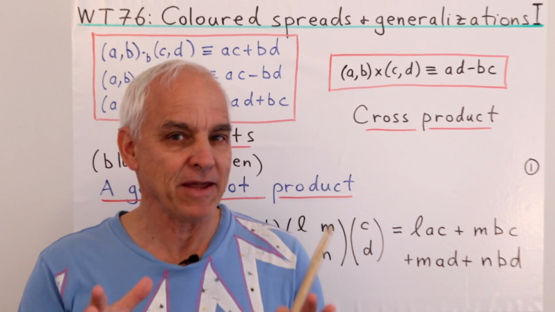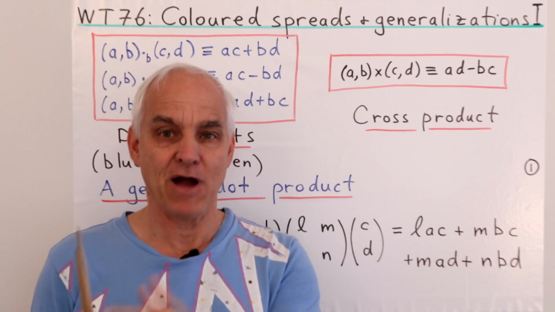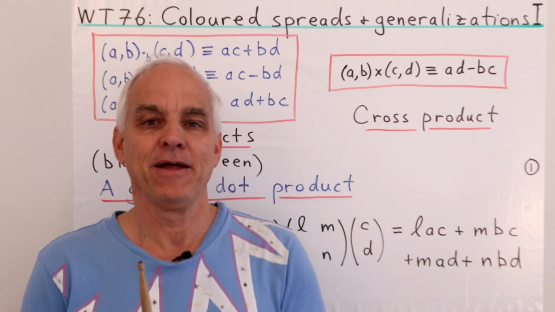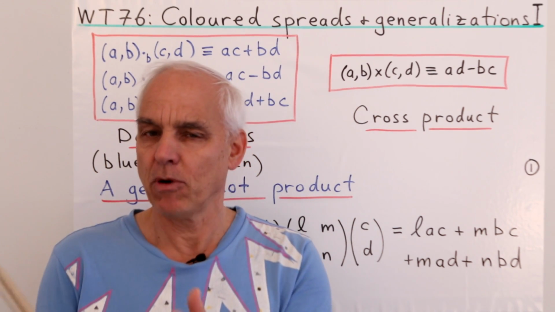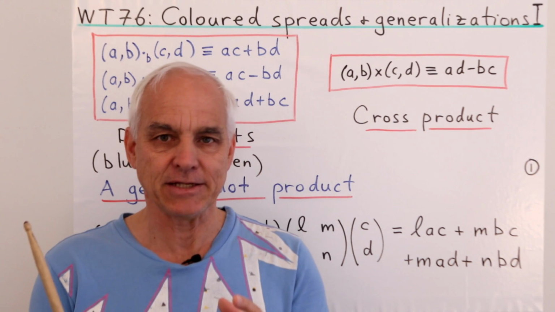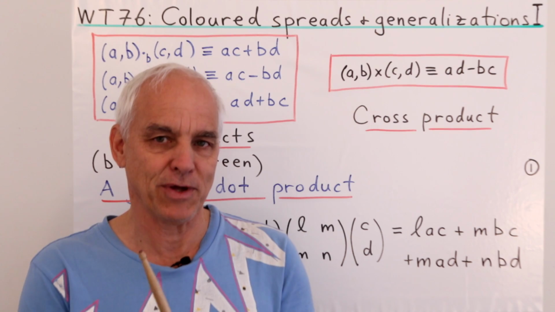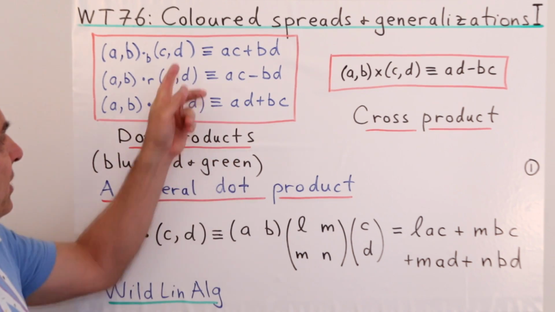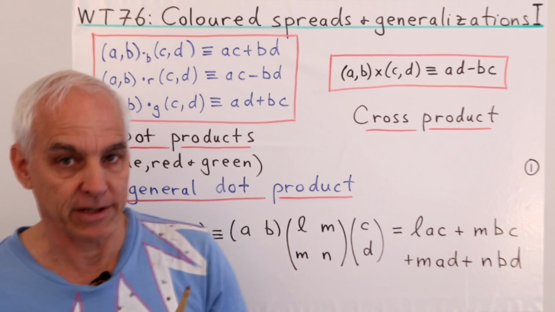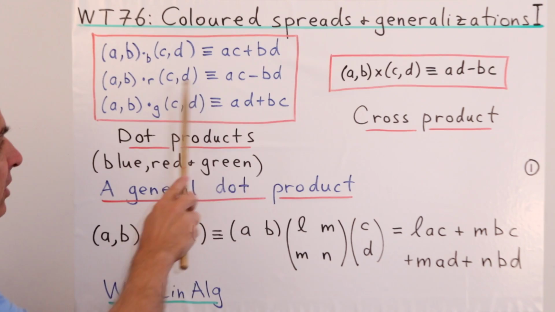Today we want to delve deeper into this interesting aspect of these three different kinds of colors in planar geometry. We have three different kinds of quadrances, three different kinds of spreads, and we're particularly interested in how these things interact. And we're going to have some interesting connections with linear algebra today. So our basic starting point are these three dot products that we've defined. We're calling them blue, red, and green, and here are the formulas for them.